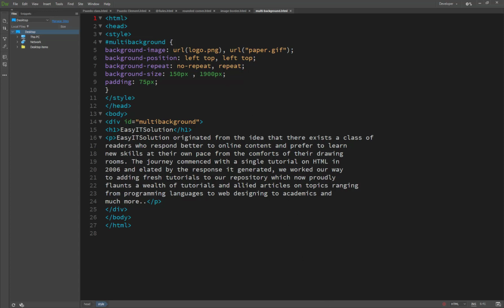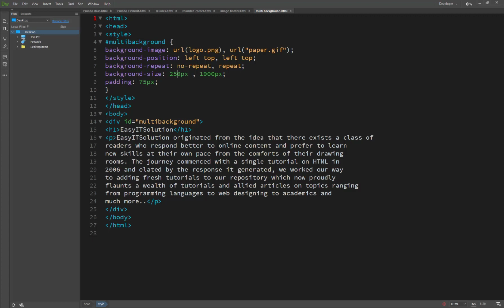So I have used this one. So now the work is here. The logo is about 150 pixels. Background size, basically this size is used for this logo, and this size is used for this pepper. If I set the logo larger, so I have set 250 pixels here, and now you will see it applies only to our logo here. And if I set 50 here, you will see it compresses the size of my logo